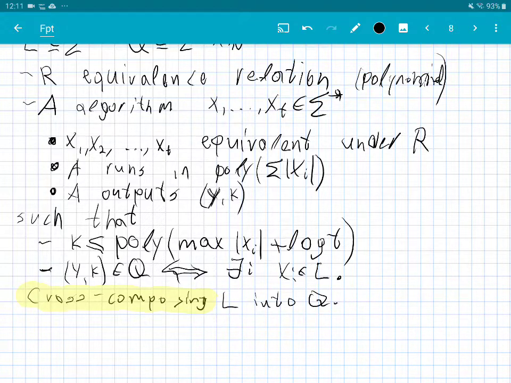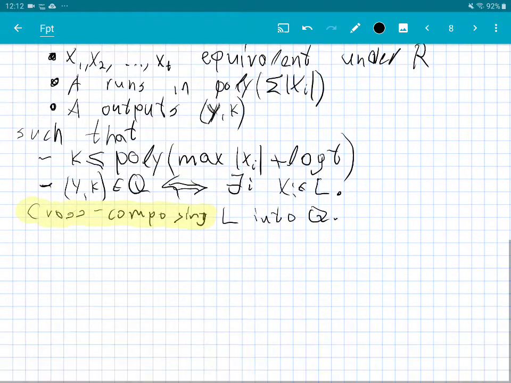Assuming that you can solve the instance y, k quickly. Because intuitively, what it really means is that I give you a large number of instances, and if one of them is true, you can kind of detect it. You're not quite detecting it, you're just generating an instance that is true if one of them is true. But it's a very strong property, the fact that you can do this composition together.